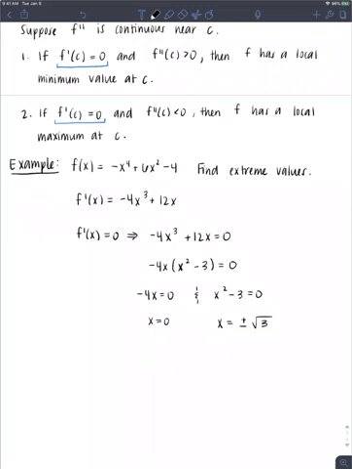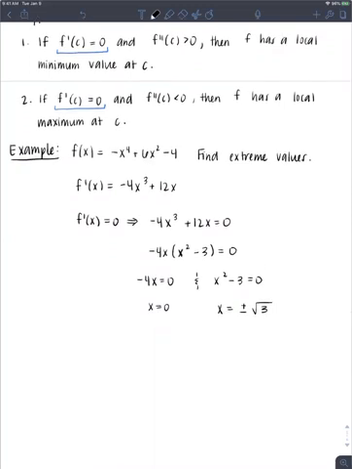And so if you wanted to, you can convert that square root of 3 to a decimal, but you don't have to. You can leave it like that. I'm actually just going to leave it like that because remember, when I plug it into the second derivative, all I'm looking for is if it's positive or negative. I don't even need to find the exact value. And so here, now that I have figured out these points, which I'm going to need later,